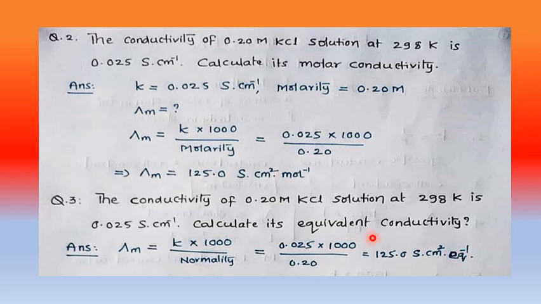If I give calcium chloride, CaCl2, for example, then it will change. For KCl and NaCl you get molarity equal to normality. But for CaCl2, Ca2 plus and 2 Cl minus, the charge is plus 2. So normality equal to molarity 0.20 multiplied by 2 for calcium chloride. For AlCl3 multiply by 3, and it goes on like that. Already it has been discussed. Okay students.